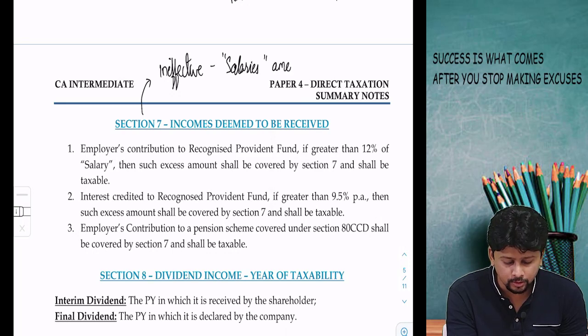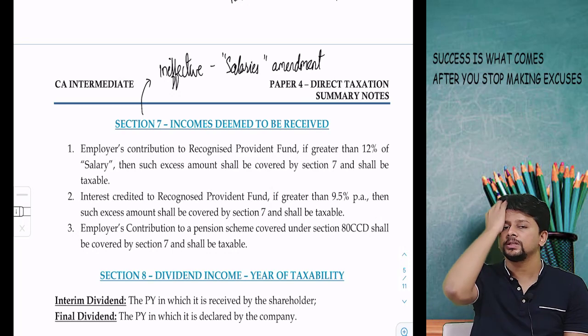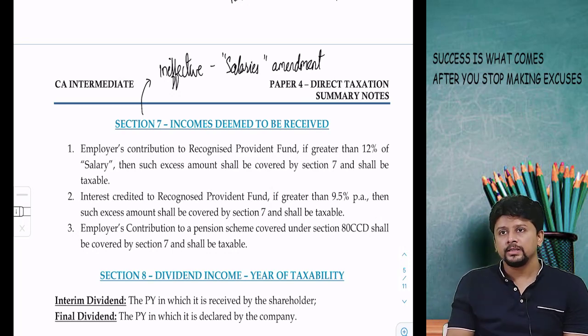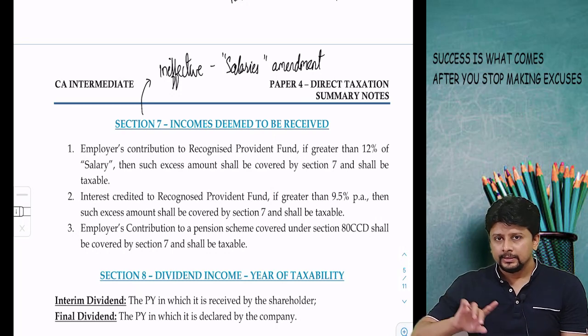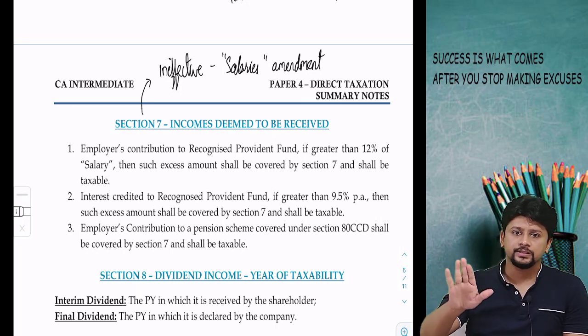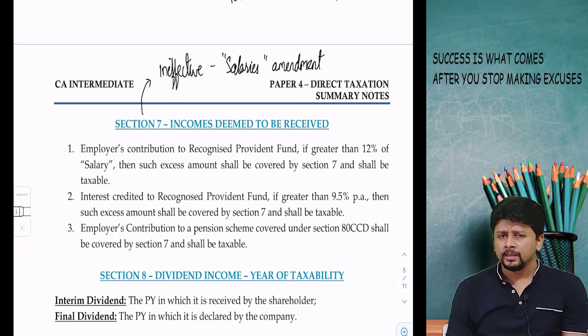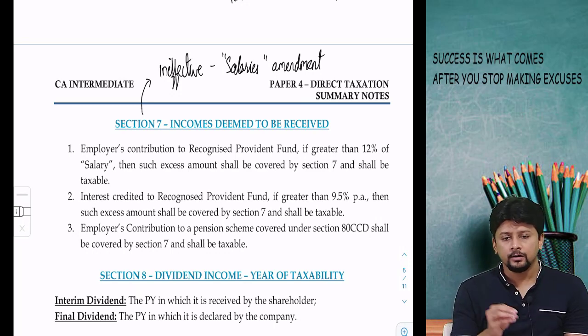Employer making a contribution to recognized provident fund, employer making a contribution to pension scheme. You may remember that there is an amendment about 7,50,000. In the salary revision lecture, I will be discussing that thing in depth. There is a small confusion also, and what are you supposed to do in the exams? What is the institute doing? I'll be discussing all of that in our